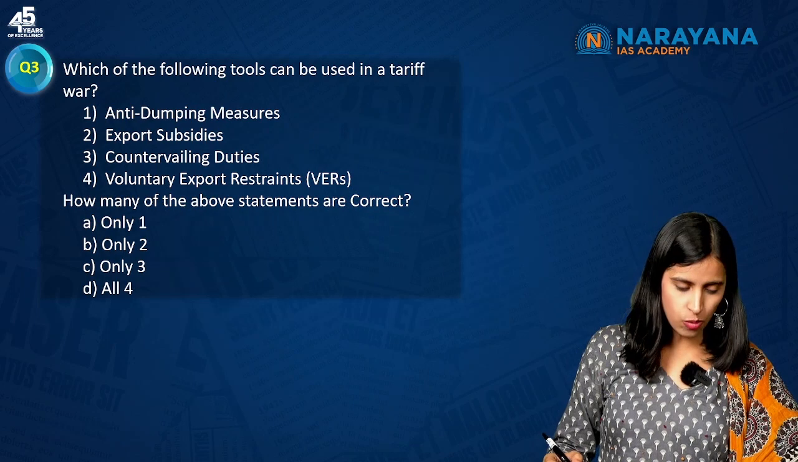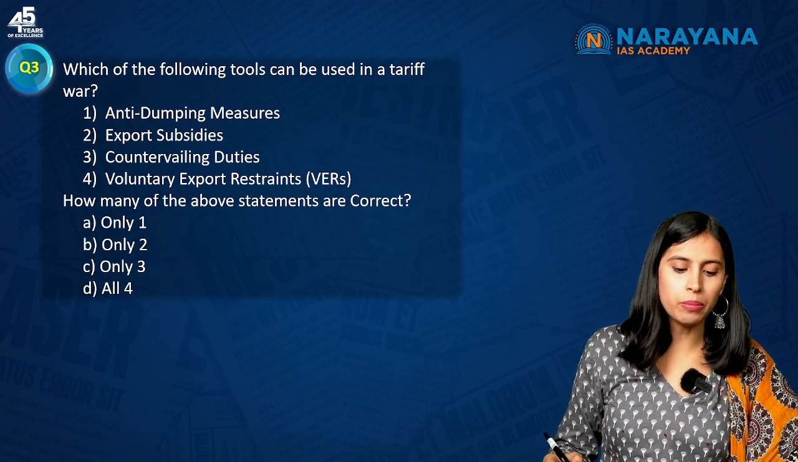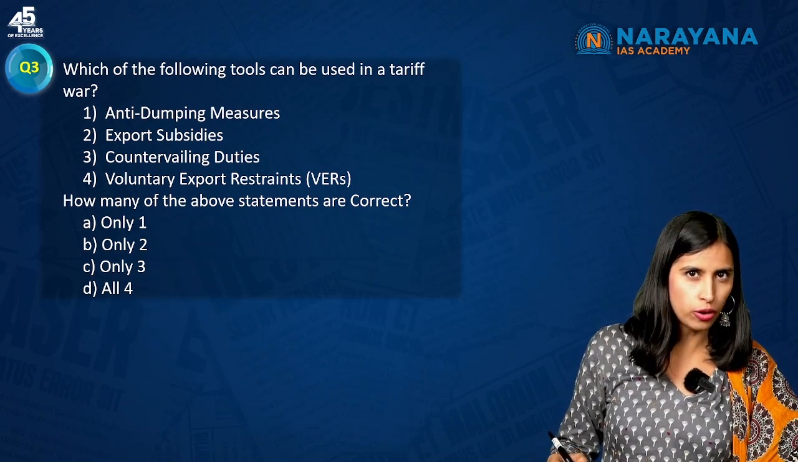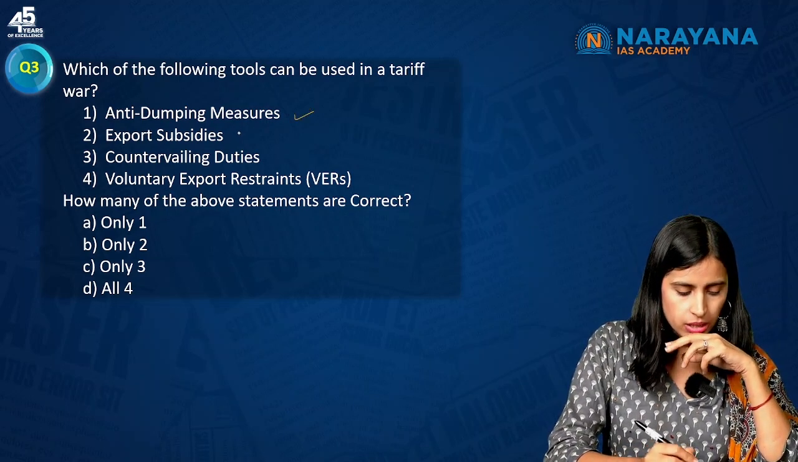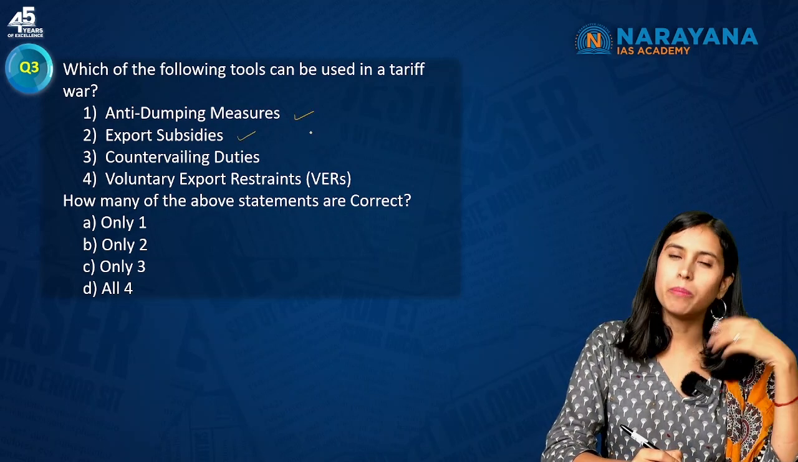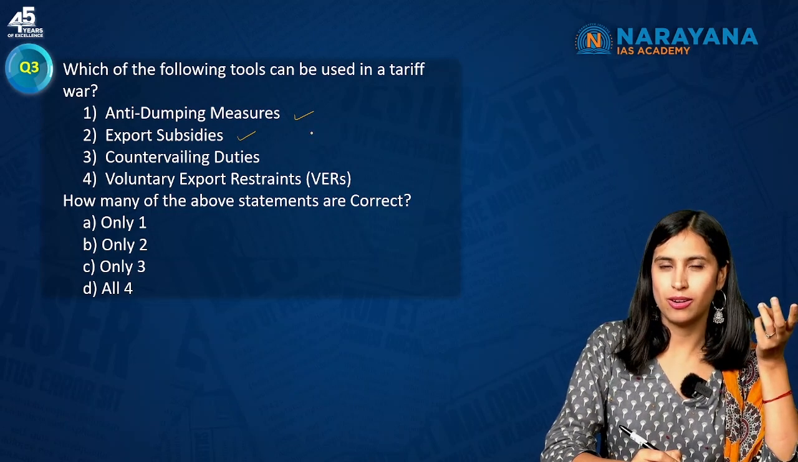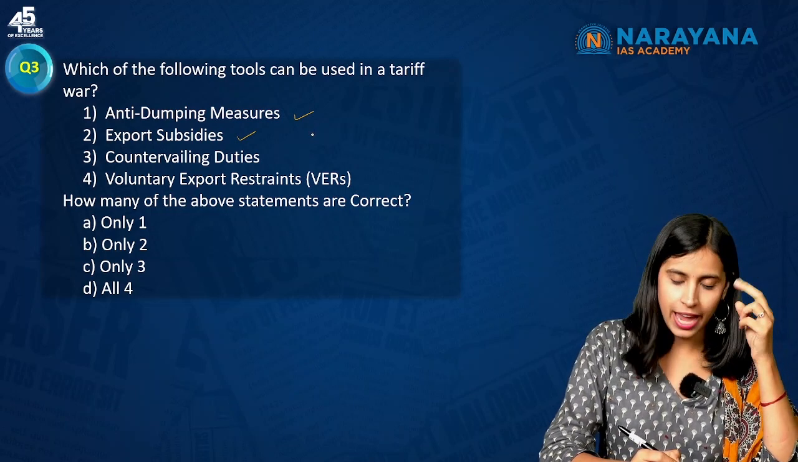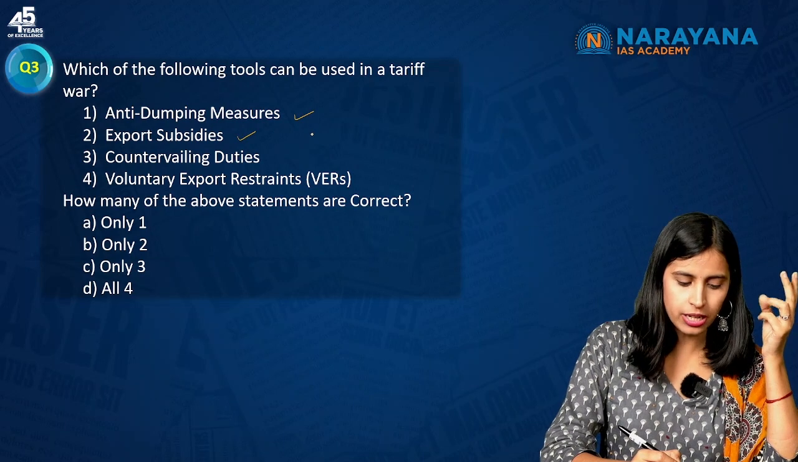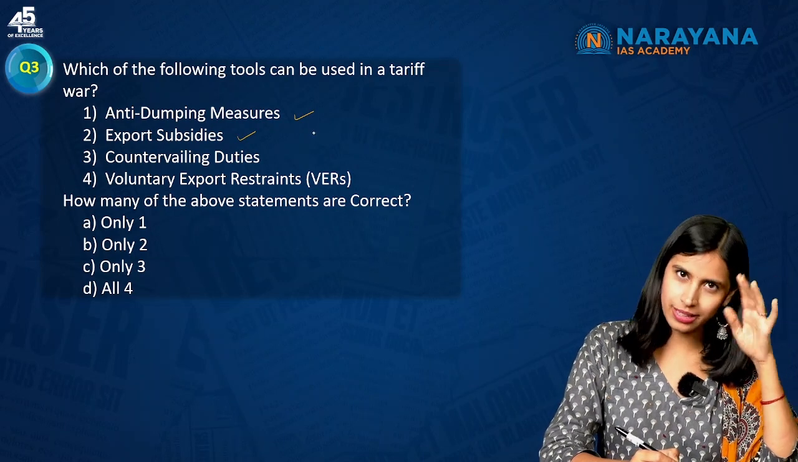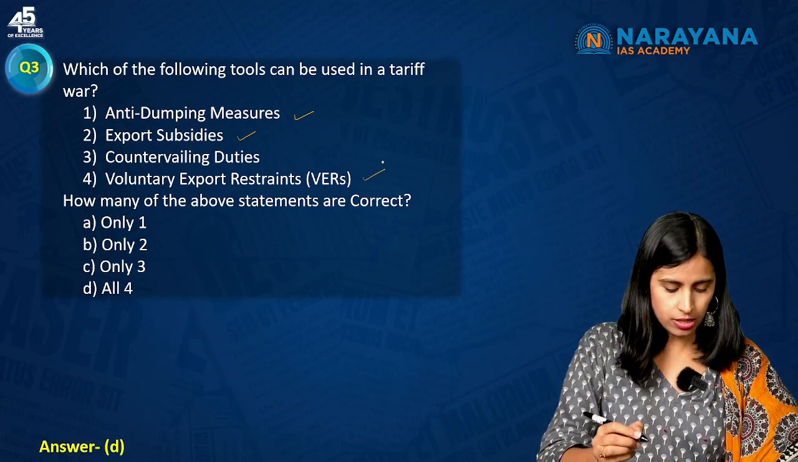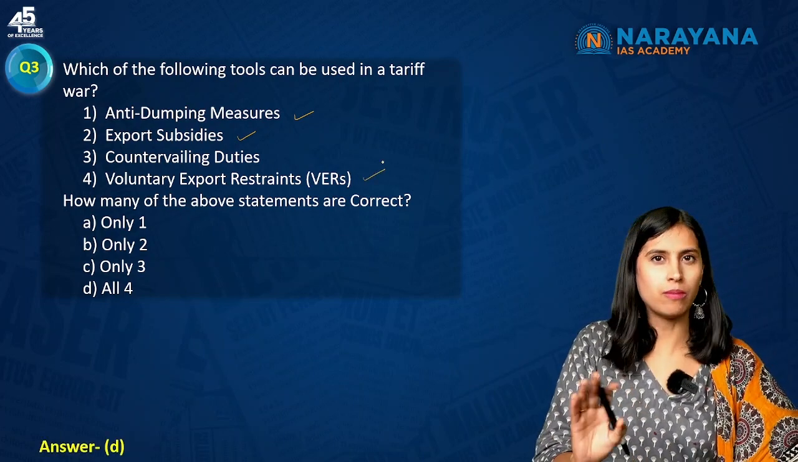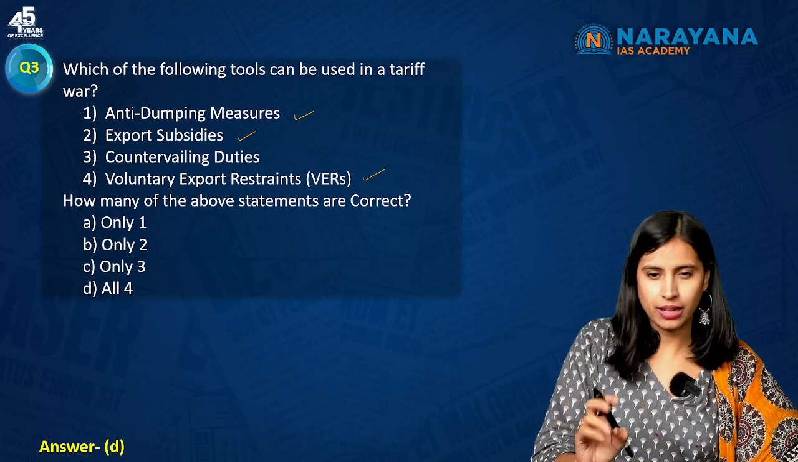Now, let's move on to the next question. Which of the following tools can be used in a tariff war? We discussed the tariff war today, and we talked about the various tools of the tariff war. Number 1 is an anti-dumping measure. Number 2 is export subsidy. Anti-dumping measures can be manipulated in order to impose tariffs on the other country. Export subsidy can also become the reason. Countervailing duties, where the tariff is imposed, and voluntary export restraint. So these are some examples, and we knew that all of them come in the category of the tariff